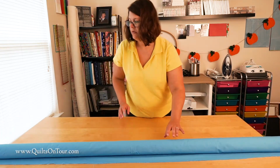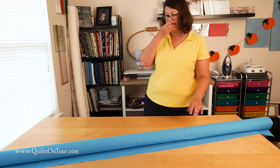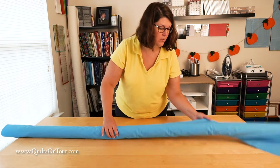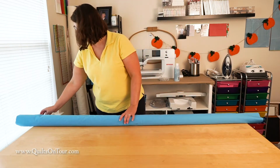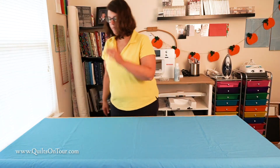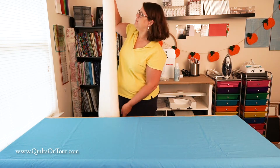All right, so there we have the back, the batting, and the quilt top. When you lay these out on your table to unroll, you're going to flip it around so that the bottom is down here. We're going to unroll it like this to cover the bottom. And then you take the batting,